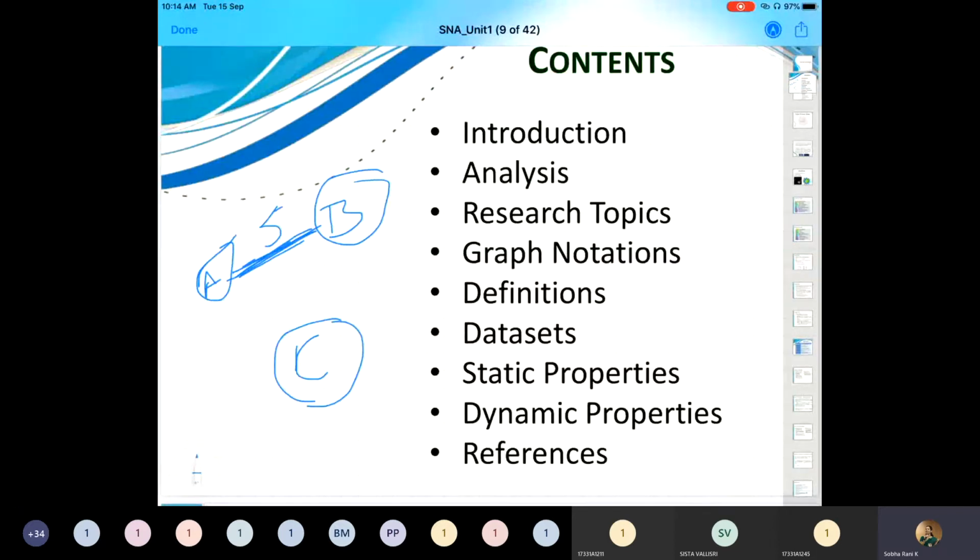So we can have directed graphs and undirected graphs also. You all know the basic properties. This is, as of now, an undirected graph because there is no directional arrow. If I make it like this, like B is following C, then this will become a directed graph. As simple as that.